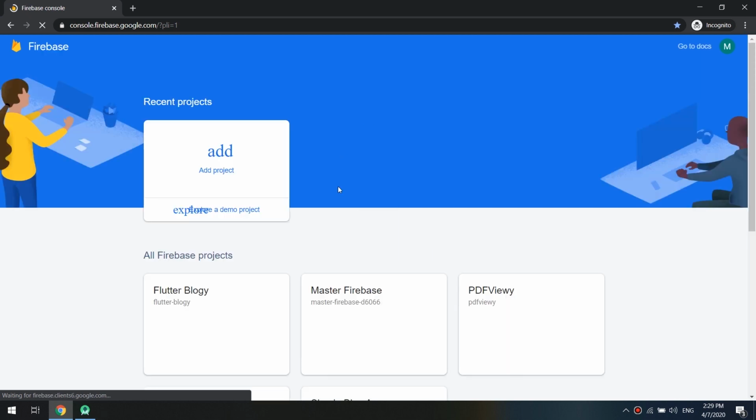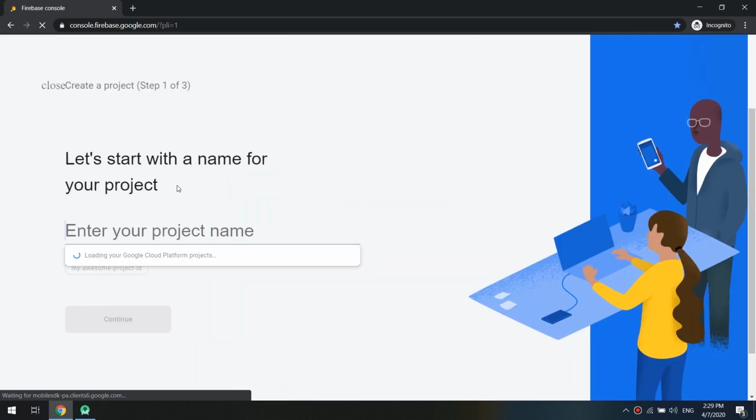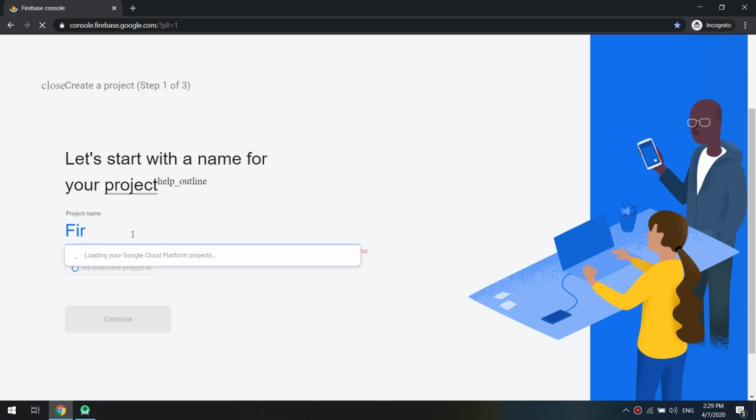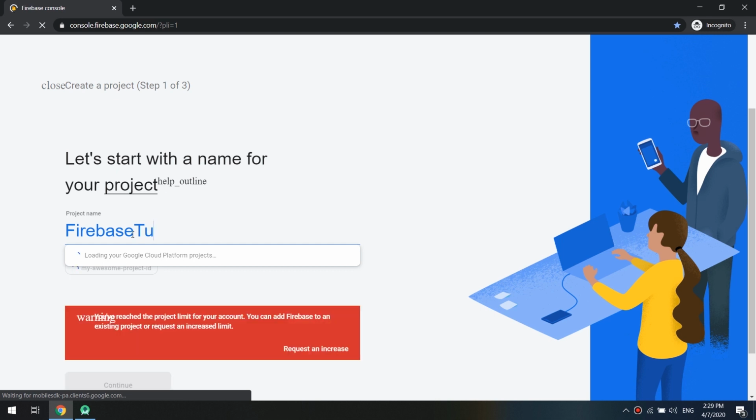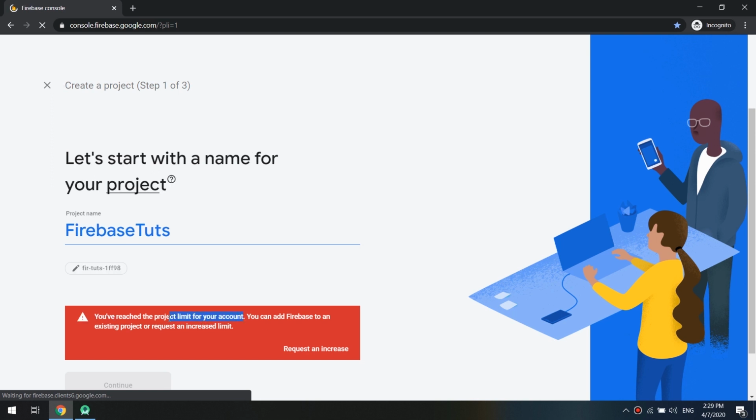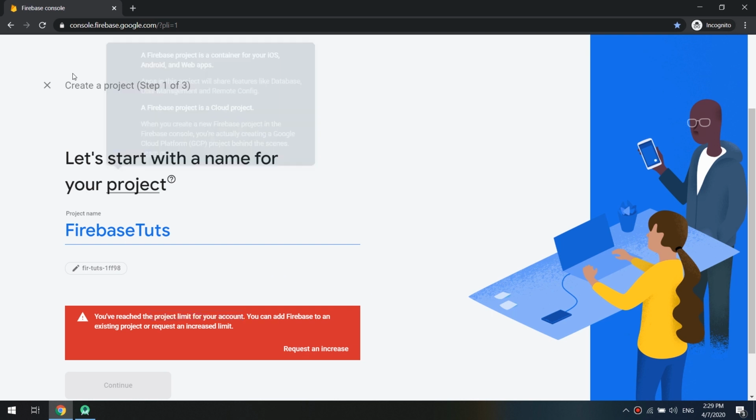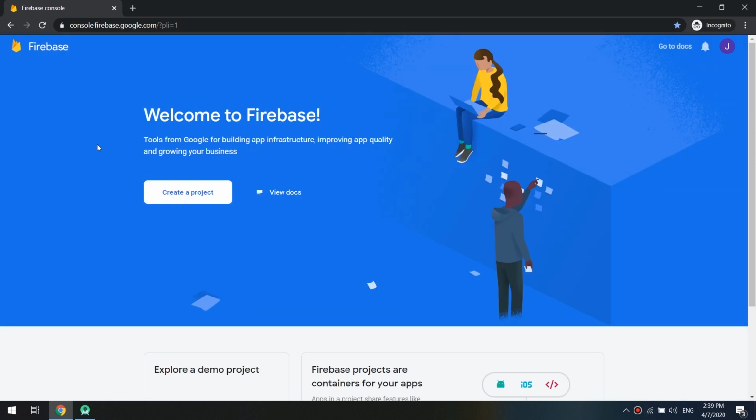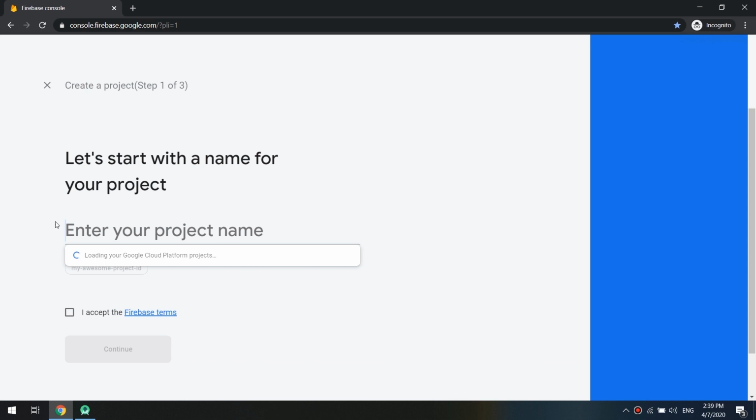Okay, and I will add here a project. Enter your project name. I will name it Firebase. Okay, in this account I have reached the limit of my projects. I will sign in with another account. So I signed in with a new account and create a new project called